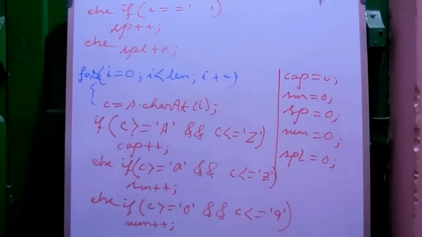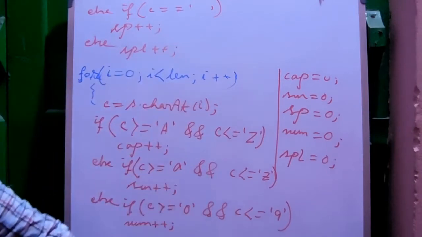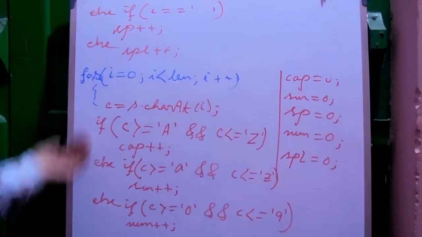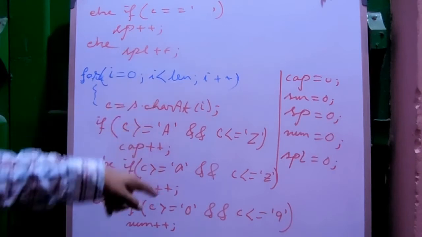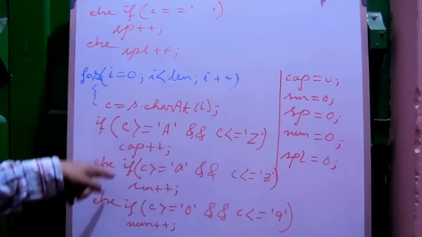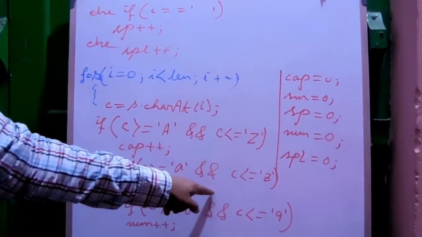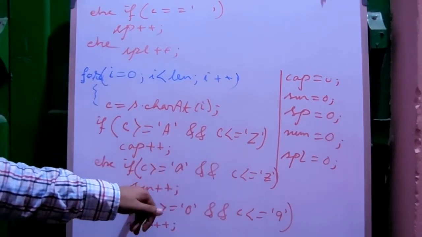That means when this last else will work, this is the concept of the nested if else. It will start checking from the capital letter. If it is a capital letter, then cap will be plus plus, and the rest of the part will not execute. If it is not a capital letter, if the C value is a small letter, any alphabet, then this if will return false. So automatically it will move to the next else part. The next else part is another if, for the small alphabet checking. Obviously it will fall under the small alphabet.